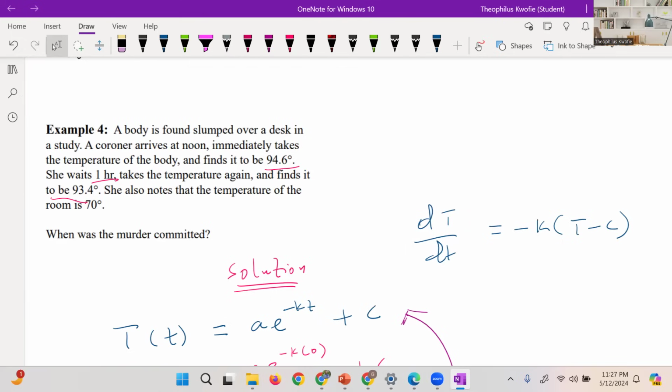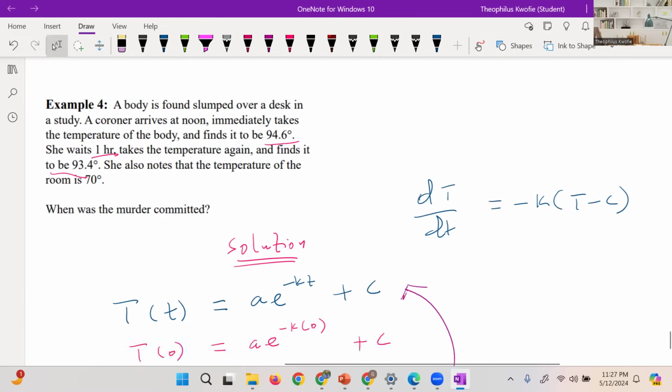Because the temperature of your body before you become unconscious will be different, right? Will be different. So in our case over here, the coroner found out the temperature at the time of death was like 94.6, which means the normal temperature could have been like 97 point something or 98 point something degrees. Okay. So in our case, let's make an assumption that